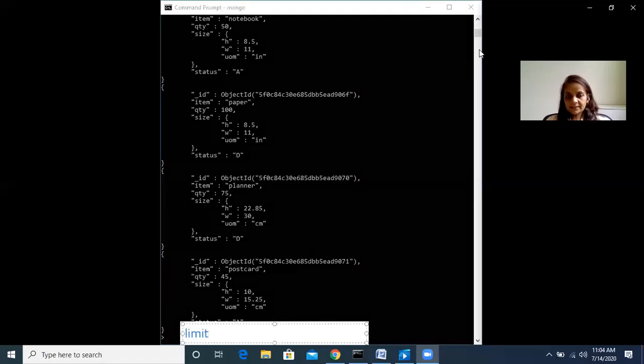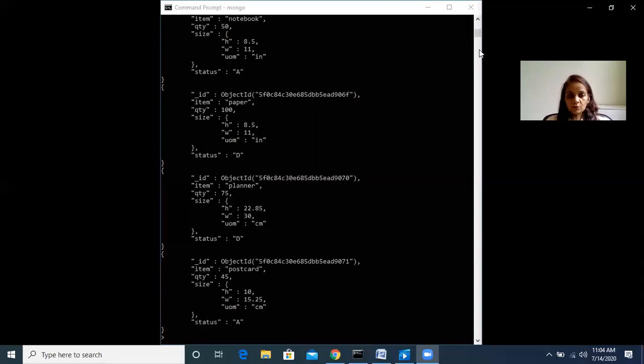So next let us do limiting of the records that we want to display. So if we are having 10 records in a database, then all the 10 records or 10 documents will be displayed. Now suppose we want to display only 2 or 3. Then for that we can use the function named limit.